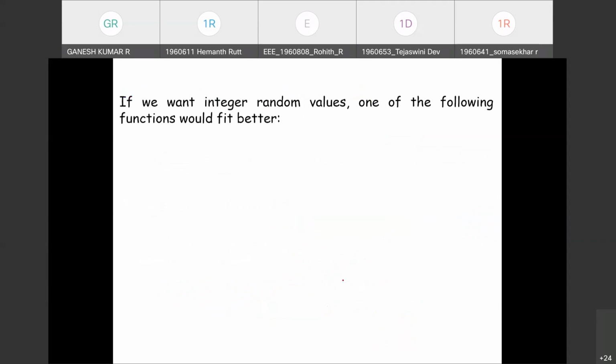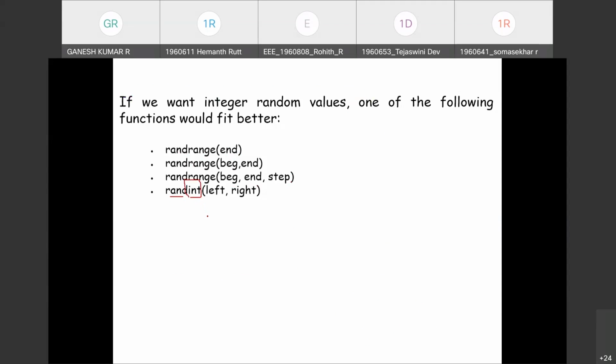Fine. So if you want integer random numbers, then we can have randrange with begin, end and step, left and right. If you would like to have only integer types of random numbers, we can use the function randint, first value and last value.